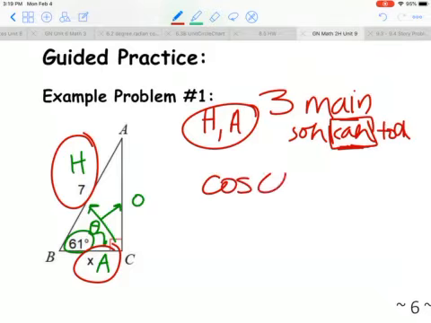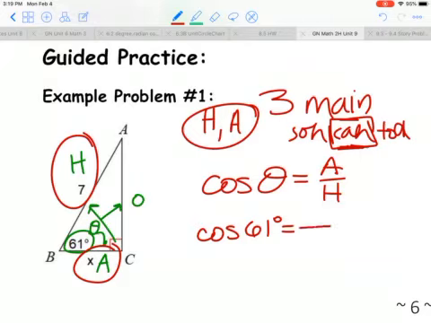So cosine of your angle equals A over H. We're going to fill it in, so cosine of 61 degrees is A over H. We're actually going to get a decimal